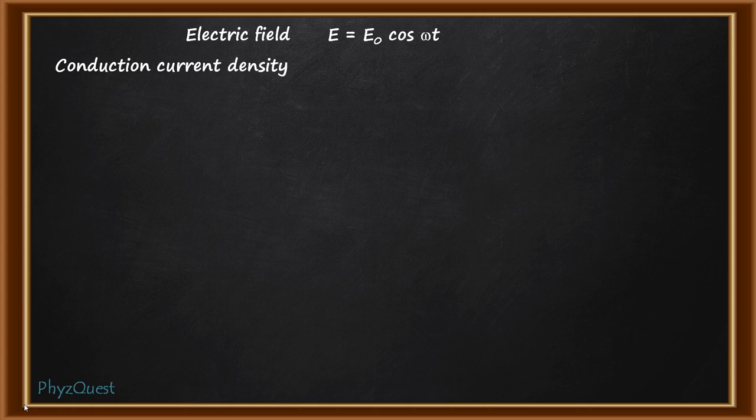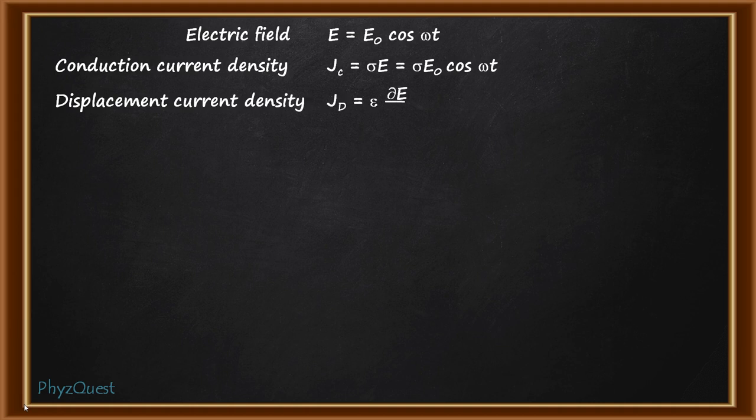Now let us suppose an electromagnetic wave is passing through the medium. Let us suppose the electric field equation for the electromagnetic wave is E equal to E0 cos omega t. The expression of the conduction current density is Jc equal to sigma E, which is equal to sigma E0 cos omega t. Similarly, the expression of the displacement current density is JD equal to epsilon del E by del t,